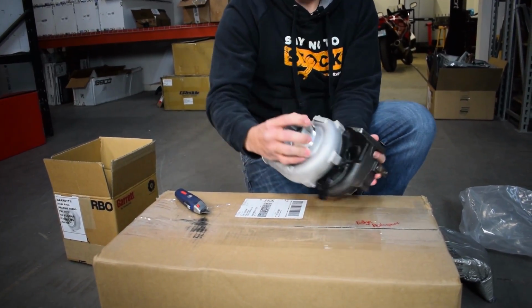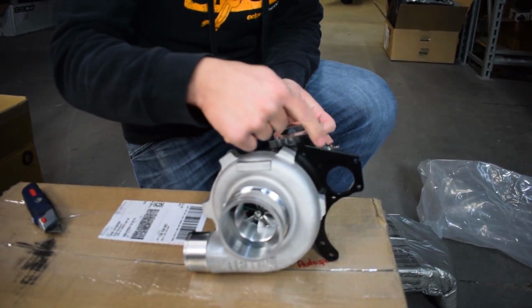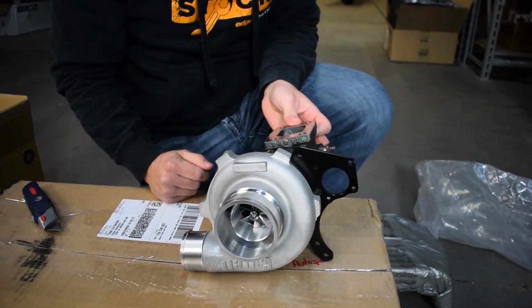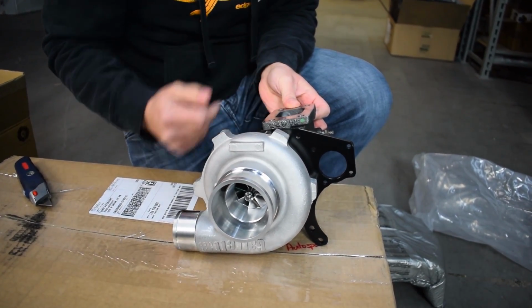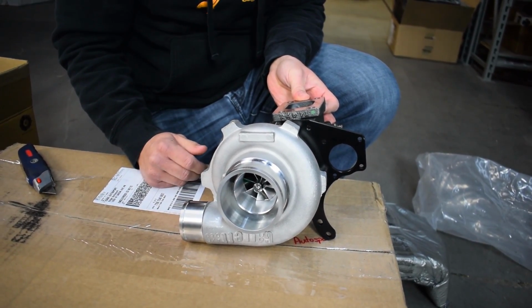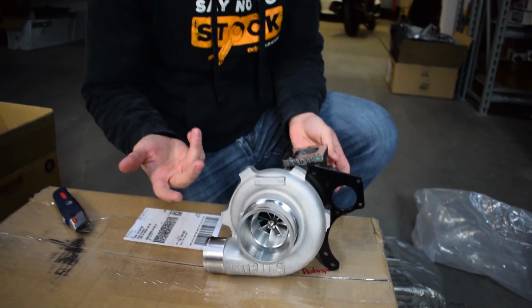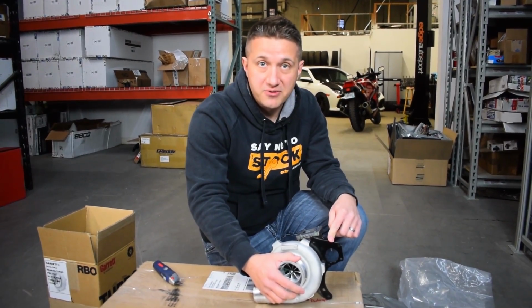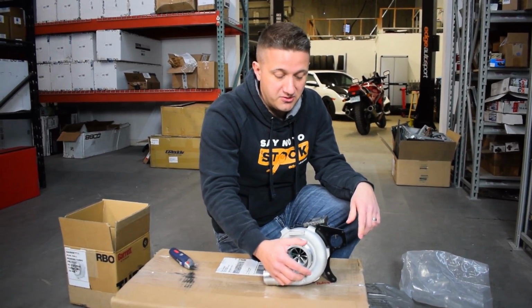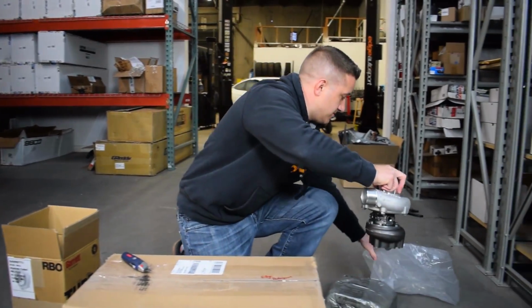And speaking of wastegate, this turbo comes pre-clocked and has the wastegate actuator bracket already bolted on the compressor housing. This is made to reuse the factory electronic wastegate actuator, which is really sweet. You hardly ever see electronic wastegate actuators in general, but now that they're starting to come out with those, this one reuses the factory one, which is really, really cool. So there's the turbo,